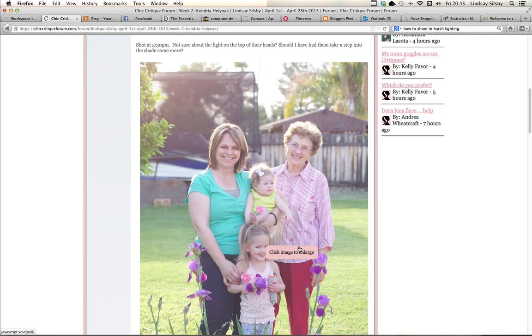This is a great backlit image. It looks really, really good. And I like the bit of light kind of coming through their hair. Like I said, a very well done backlit image. As far as the shot itself, like,